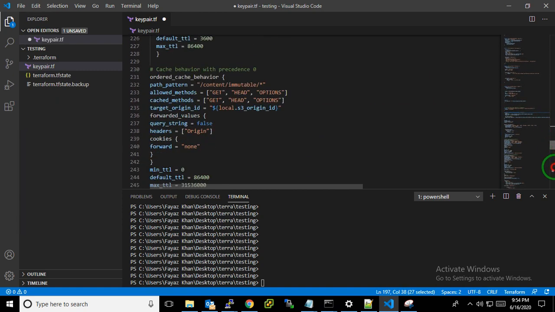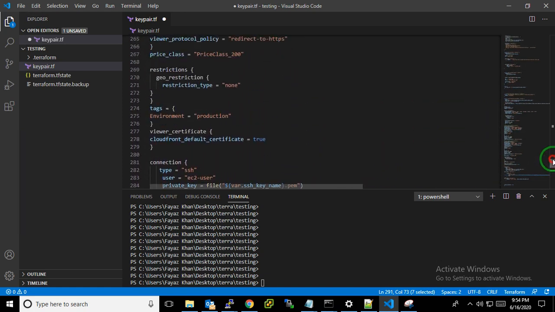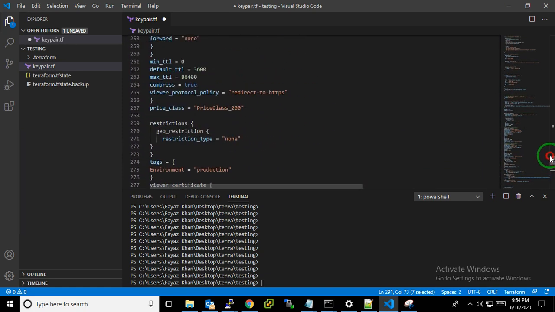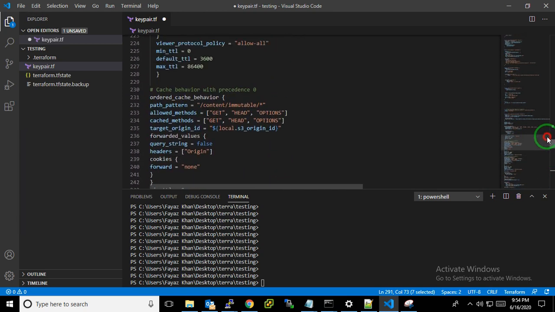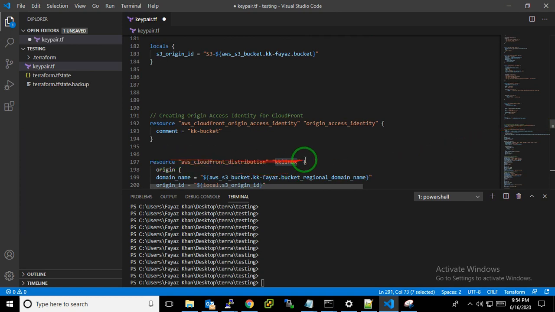Then after that I am just clicking the name of my KK Linux domain name. The domain name will come from CloudFront. Okay. So KK Linux, what is this? This is my resource name.